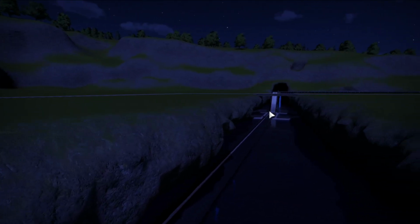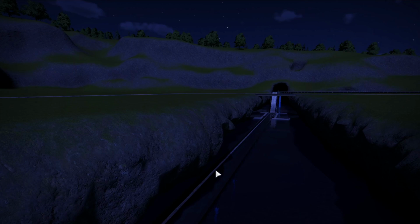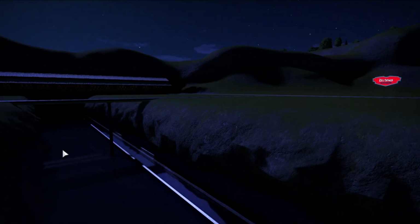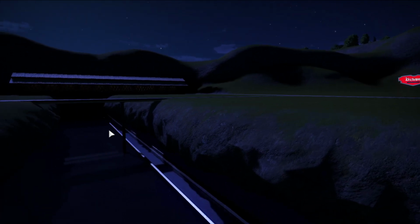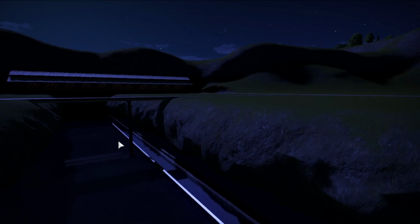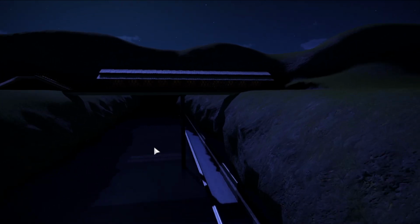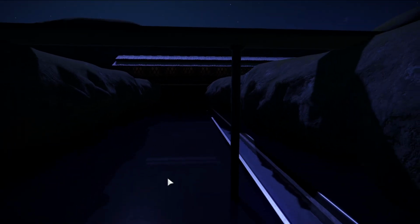Now, that is why I cared so much about the height of this drop, because in the book, it tells you the height of the drop, and I have it within a foot of the proper height. So that way, when you see the guy come off here, that's the height he would have fallen from. We're going to have a little bit with Pennywise and stuff here as well. And then we're going to go into...